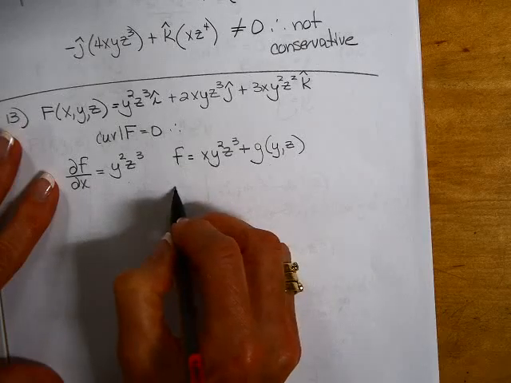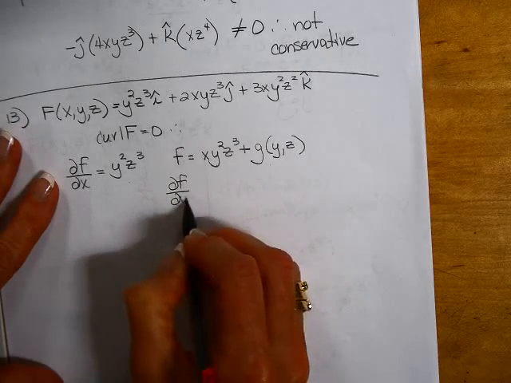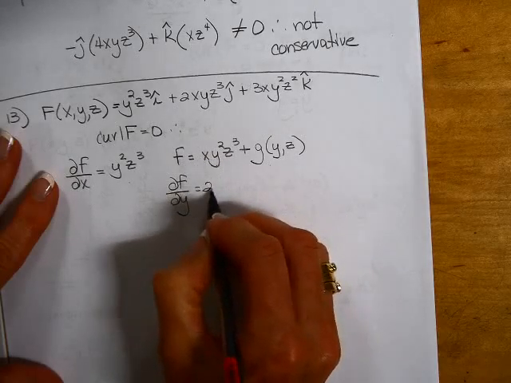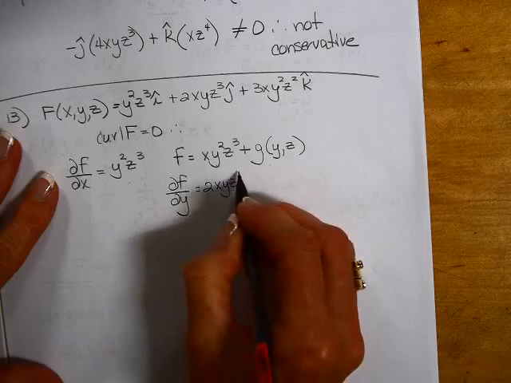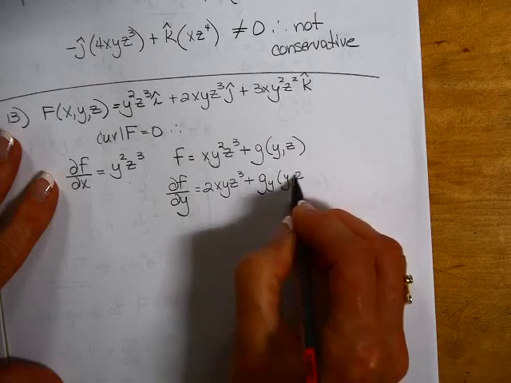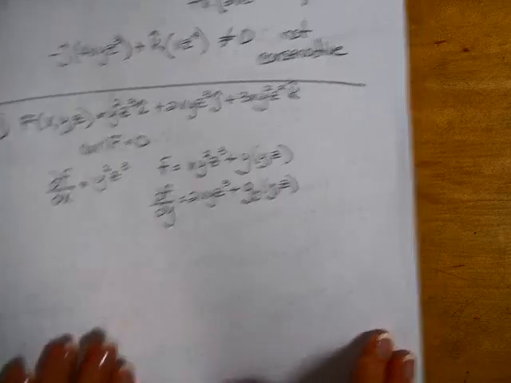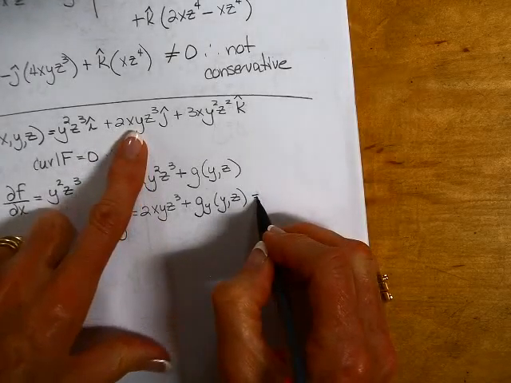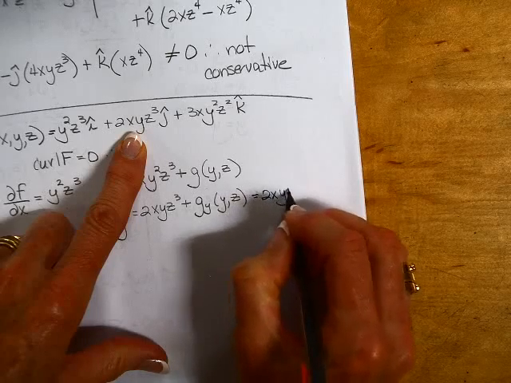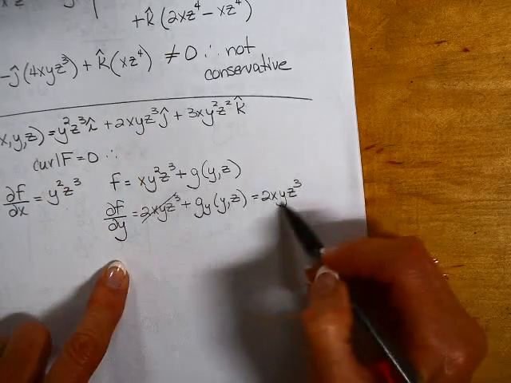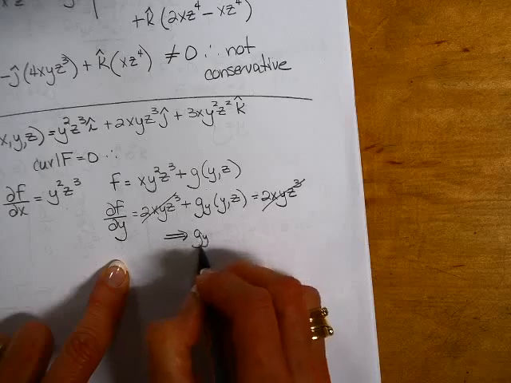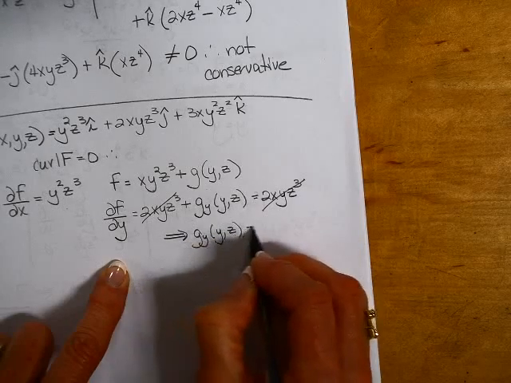Now we take the partial of this function f with respect to y. The partial of the first term with respect to y is 2xyz to the third plus the partial of g with respect to y. Compare this to the second term in this vector field. Compare it to 2xyz to the third. These two are exactly the same, which means the partial with respect to y is 0,